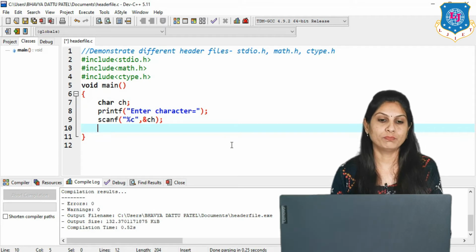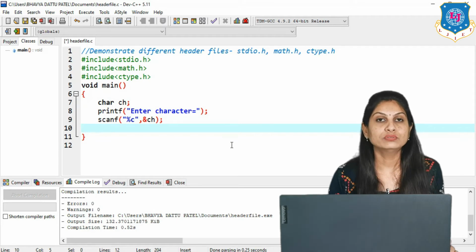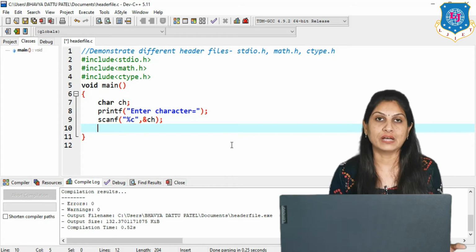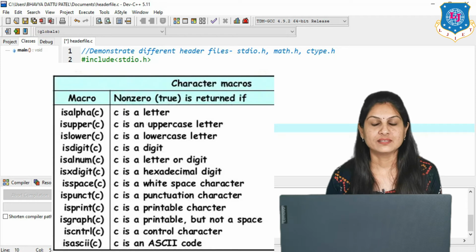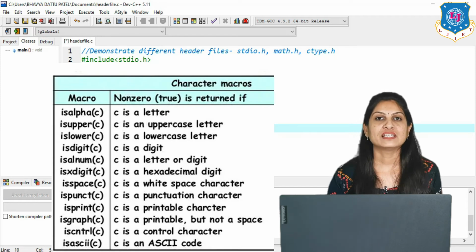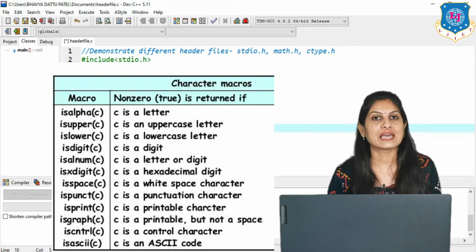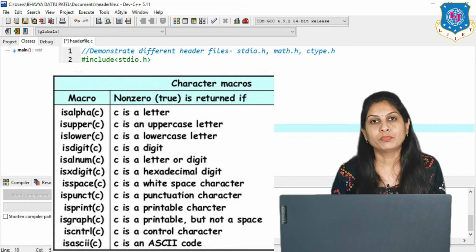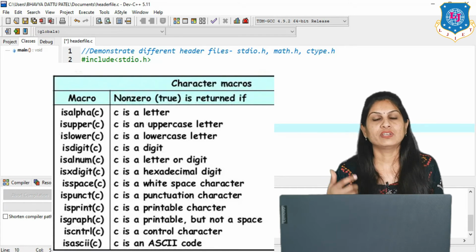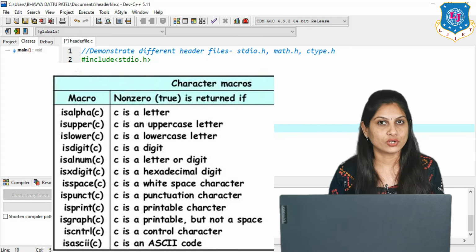Now after the input part, we try to use one of the functions of ctype. Here you can see the functions available in this header file. Suppose the function is isdigit, it is used to check whether the given character is a digit or not. Another function is isupper, to check whether the given character is in uppercase or not.